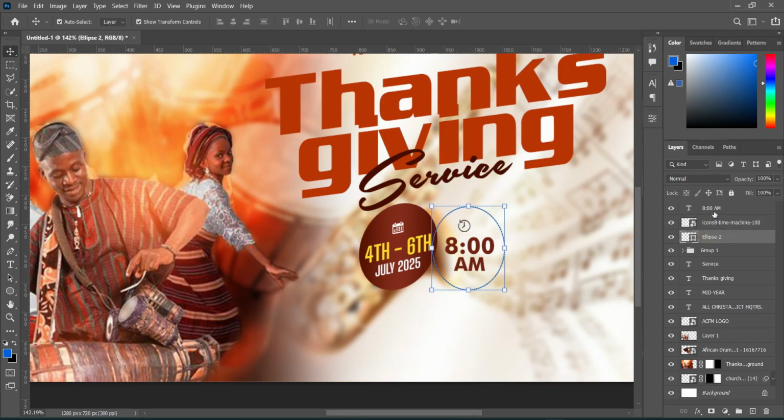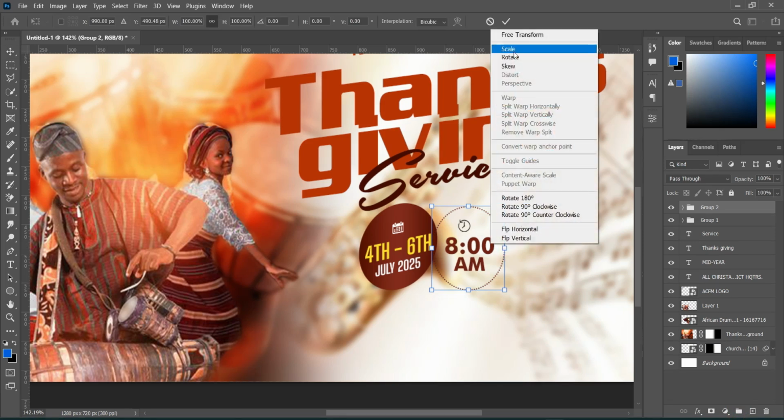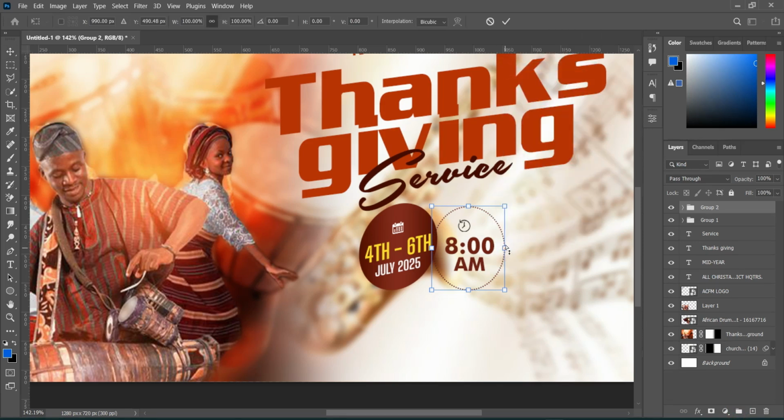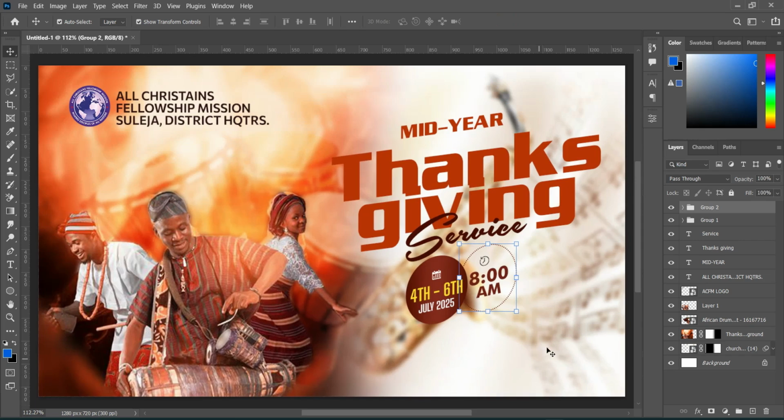All right, then we need to group it also. Now right click, select your skew, and we are going to skew it this way. Then you also position it this way. Use your arrow key then to bring it more closer, so something this way. All right,